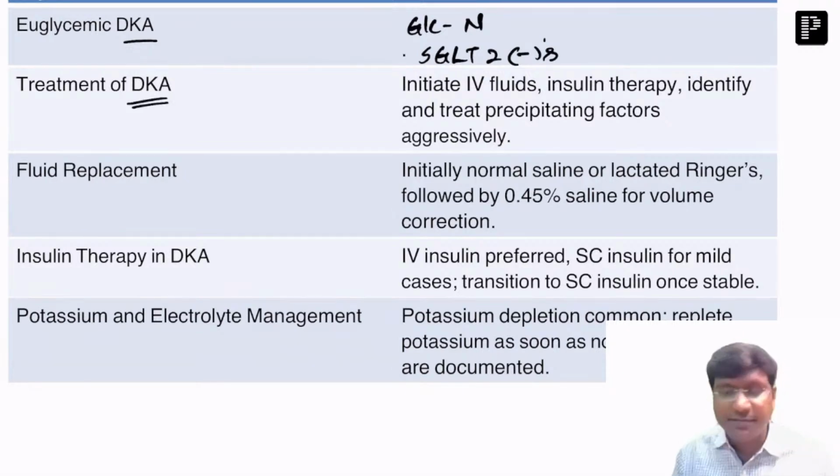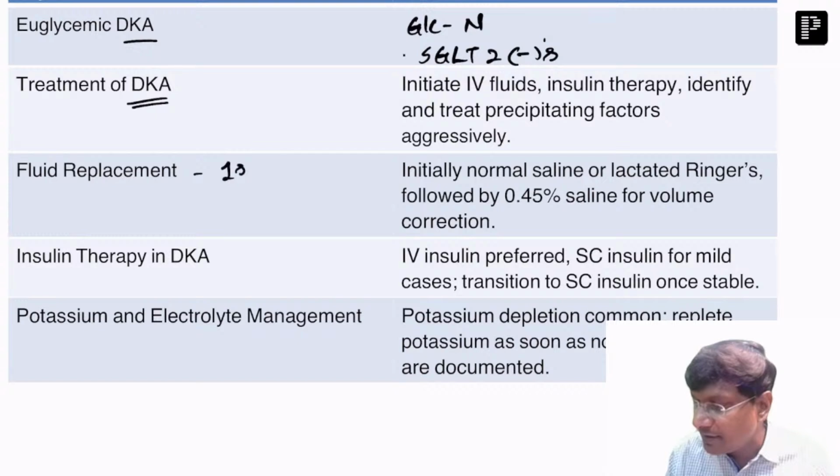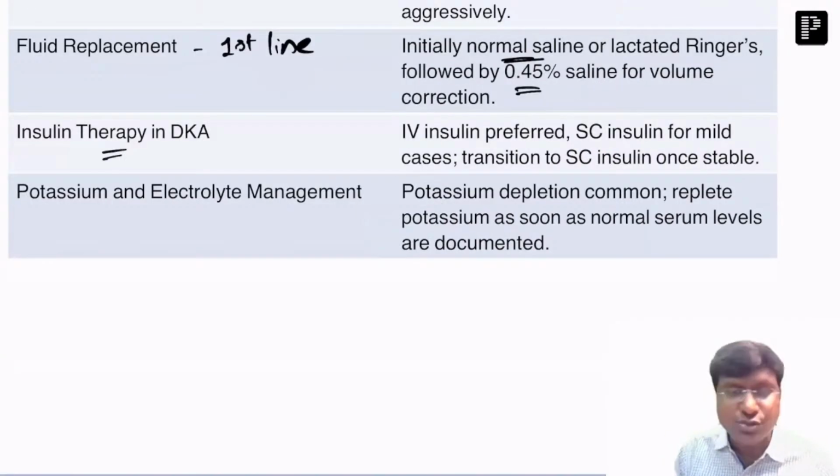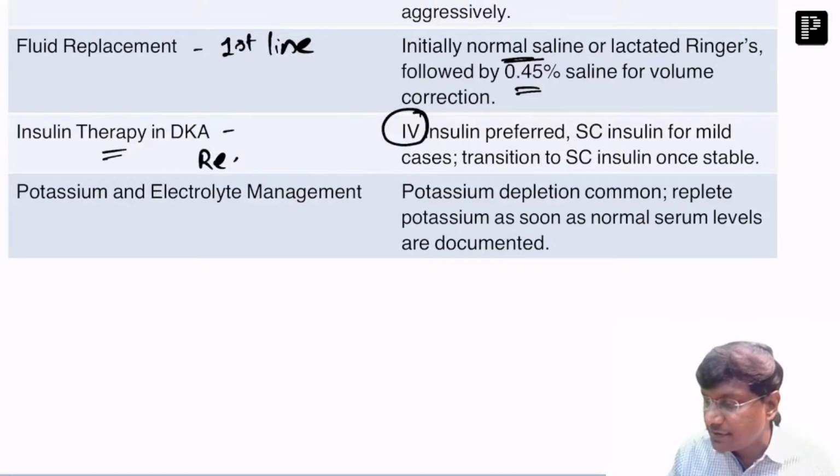Now, coming to the treatment of DKA, the first line therapy will be fluid replacement. And among the fluids, what is required is normal saline, right? And followed by that, for volume correction, half normal saline is required, right? But the initial thing is the IV fluids. Then followed by that, the insulin infusion should be given, right? And this insulin infusion should be given by the intravenous route. And the type of insulin is regular insulin,